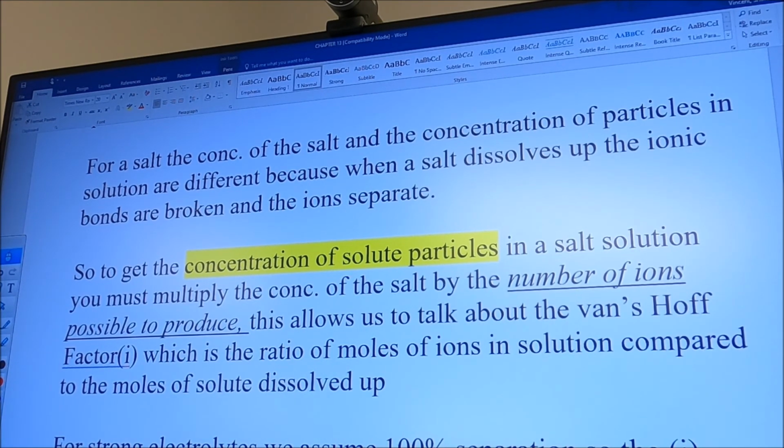So, for salt, the concentration of particles in the solution is going to be different. If we have a covalent compound, like glucose, or ethanol, or fructose, they stay whole in water. They dissolve through a different dissolving process. So, if I had a